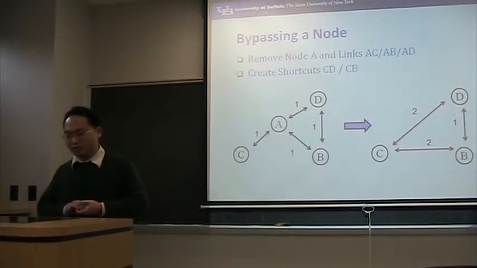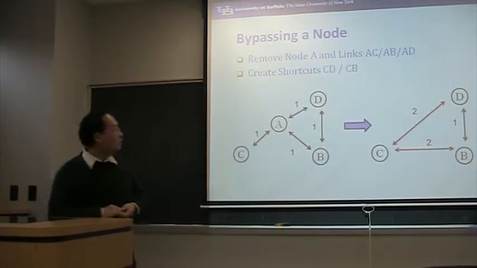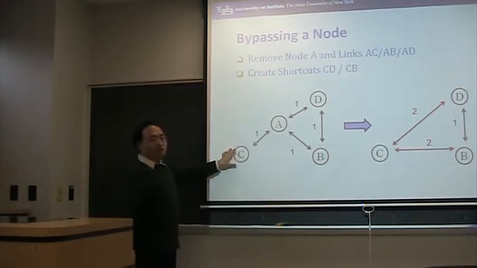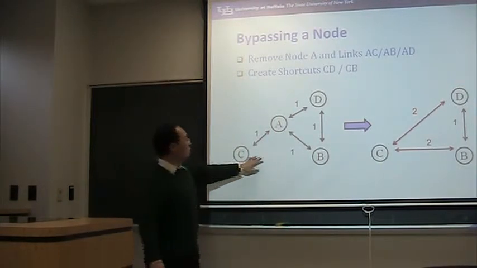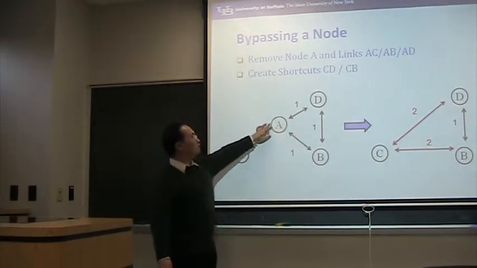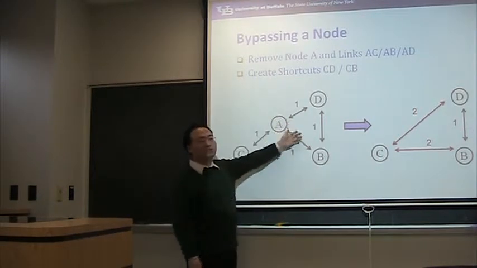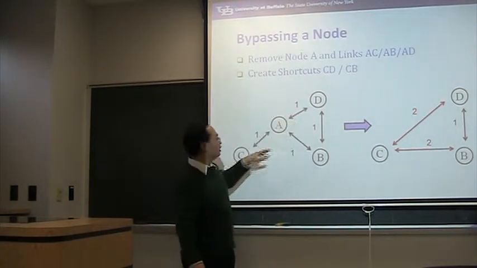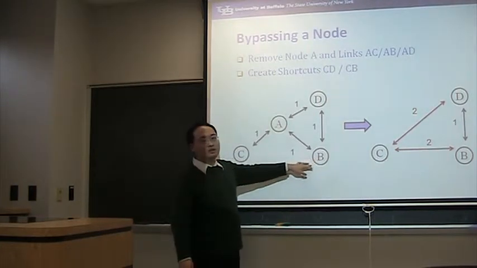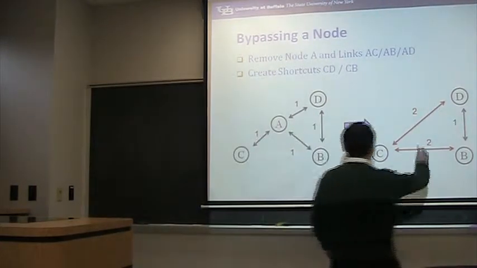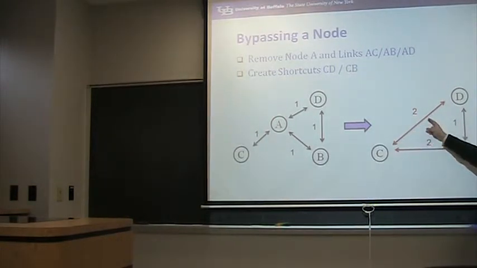Okay, I'm giving you an example. Now, let's talk about bypassing a node, or removing a node. So this is a network. We want to remove this node A. But if we simply remove it, we lose this shortest path, and we lose this shortest path. So what we are going to do is remove A, and at the same time create a new shortcut between C and D, and a new shortcut between C and B. Here we are using an undirected example, so we don't consider direction, okay? So when we remove A, we have to add two